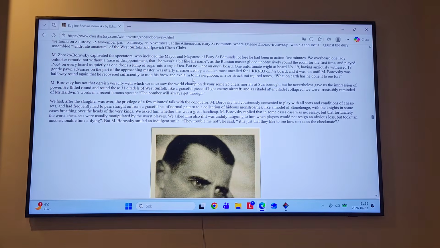Yeah, here is one funny anecdote. Because he played a simultaneous display and he played e4 on every board. But no, not on every board. One unfortunate White at board number 19, having anxiously witnessed